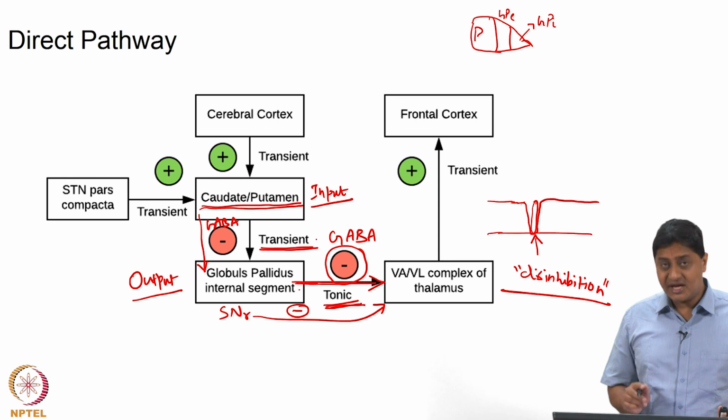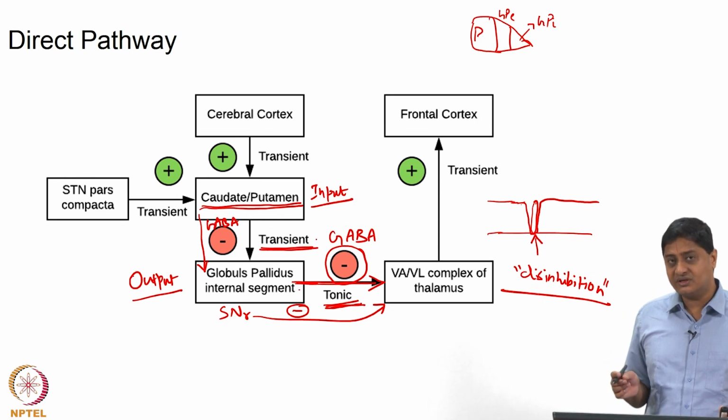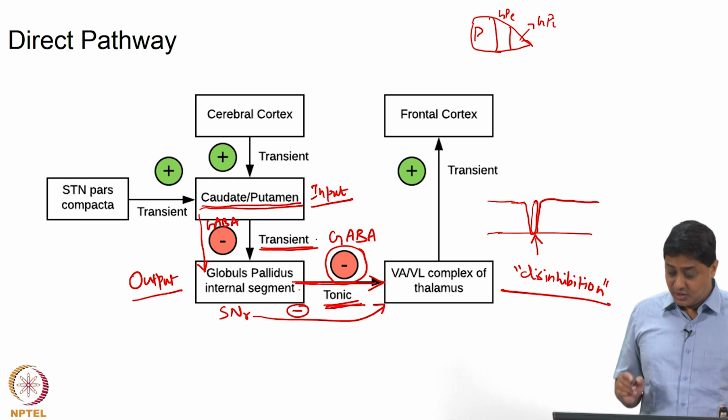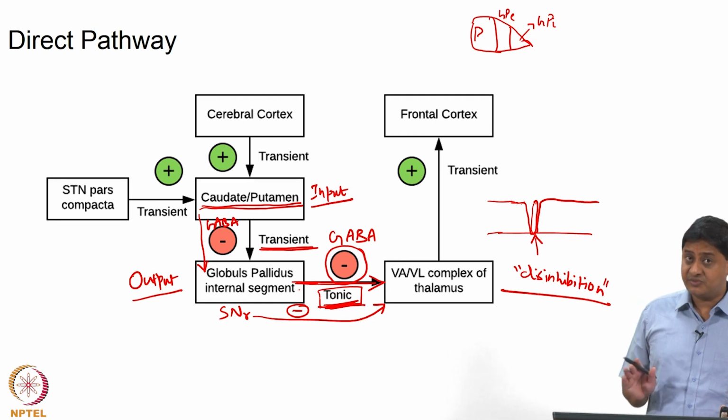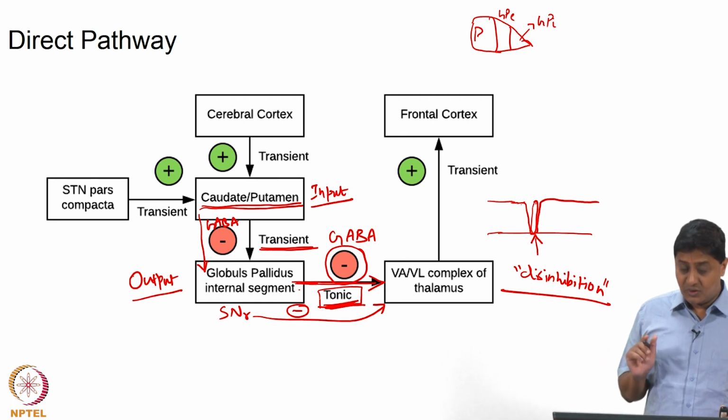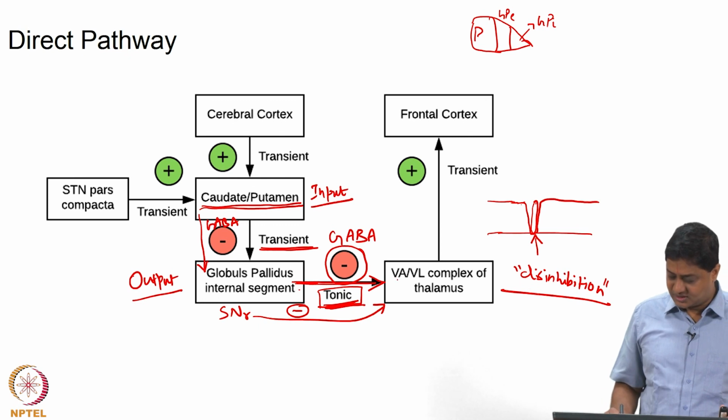Because striatal inputs to the globus pallidus internal are transient, whereas globus pallidus input to the thalamocortical neurons is tonic, right. So, this inhibition is tonic, very important to remember. The inhibition from GPI is tonic. So, whenever the striatum sends an input, for a brief amount of time the thalamocortical neurons are disinhibited,